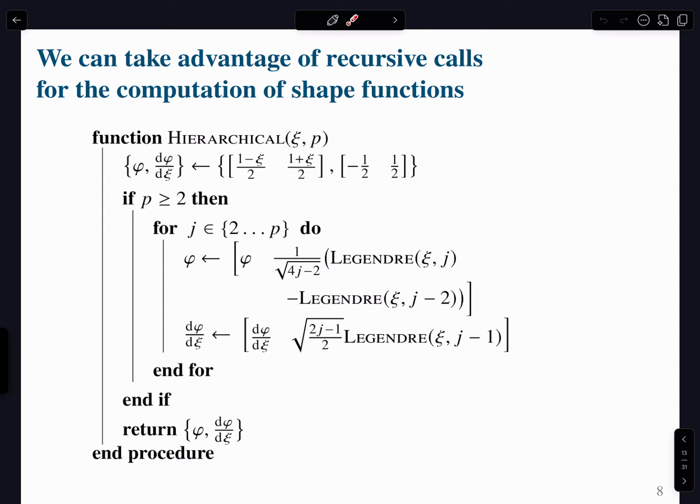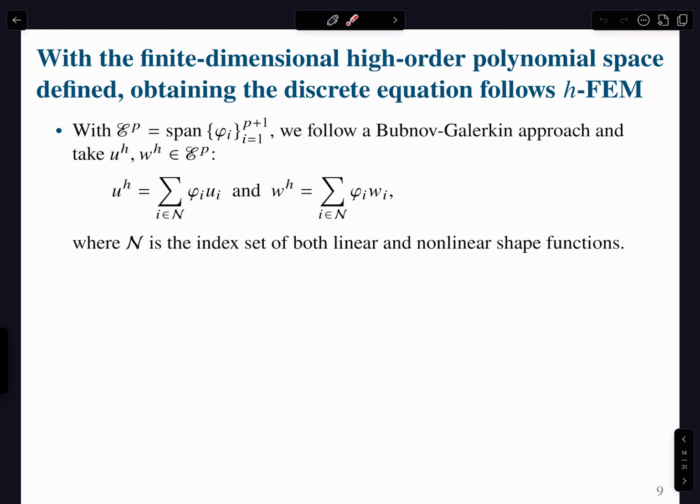So now your shape functions, remember that shape funs.py file that we have been working with? In that file, you're going to write this new hierarchical function that is going to be giving you back the shape functions and the derivatives of the shape functions for 𝑝-FEM. Okay? But there is a little trick, and I will try to talk to you in the practical sessions so that you understand how easy it is to implement 𝑝-FEM if you know the right trick, right? Because as we will see, there are no nodes anymore,